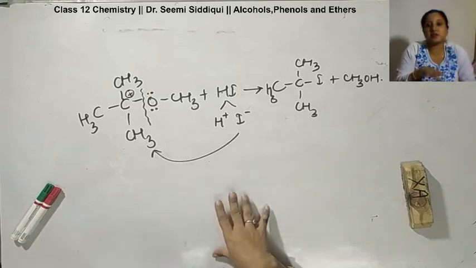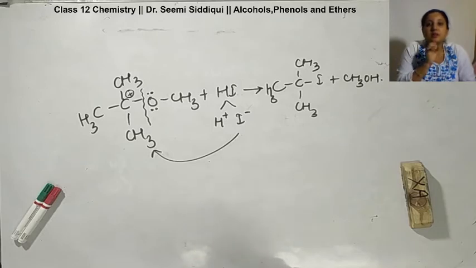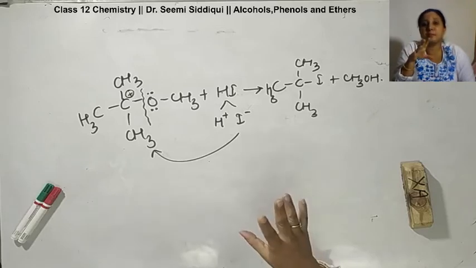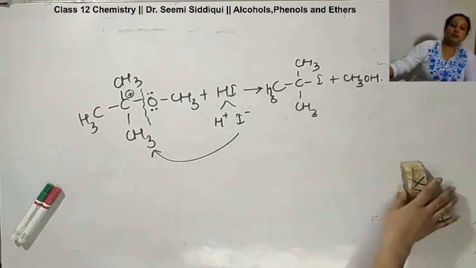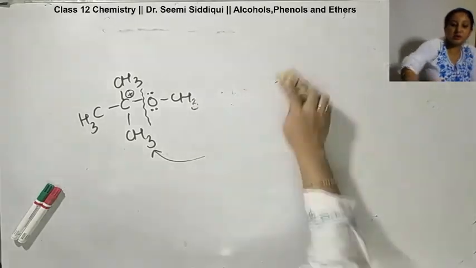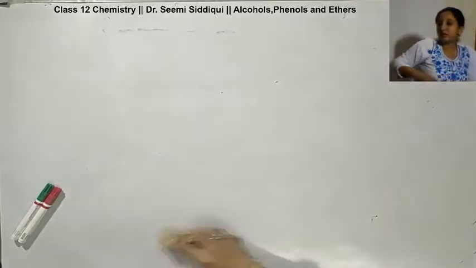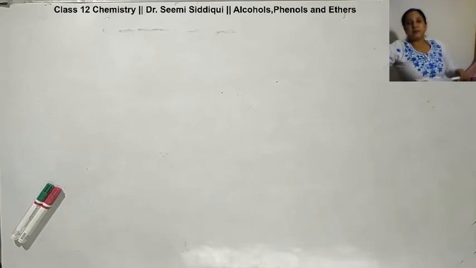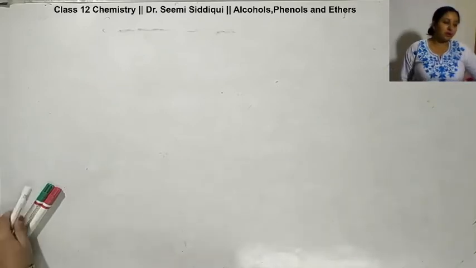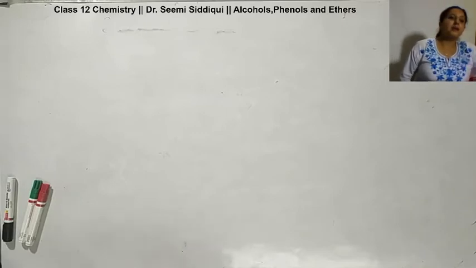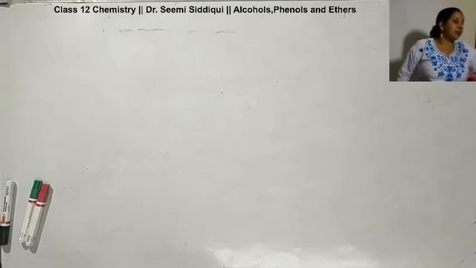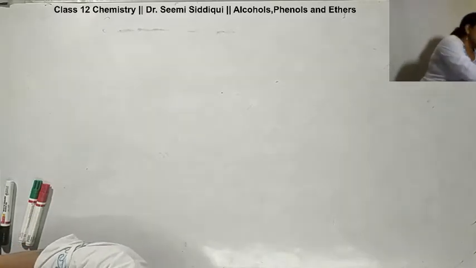With this particular reaction, we finish our alcohols, phenols and ethers. All in-text questions of this unit I have already uploaded on my channel. The remaining exercise questions I will be uploading in different slots over a time period of 2 days. There you can refer to the solutions, to check whether the solutions you are doing and the concepts you are applying are correct or not. Now let's recapitulate your alcohols, phenols and ethers.